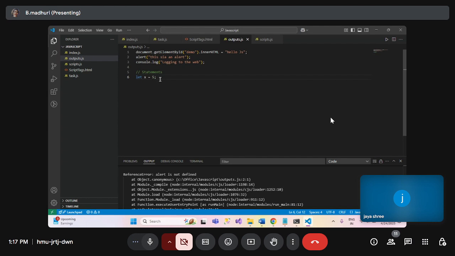It turns into a statement. We are stating here that x equals 5; we are letting you know that x holds the value 5. Okay, so these are JavaScript statements, and next is